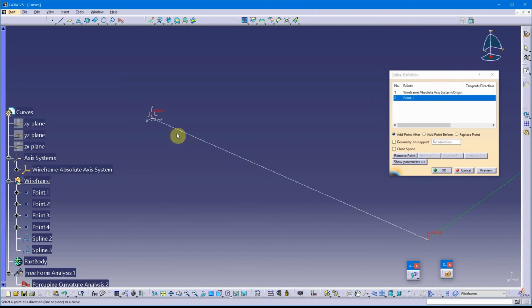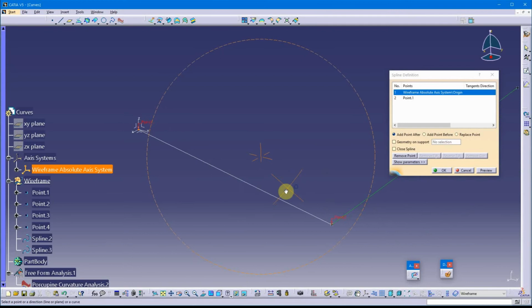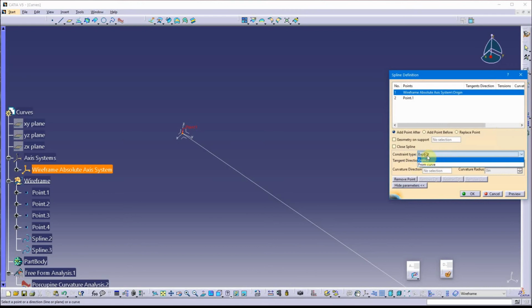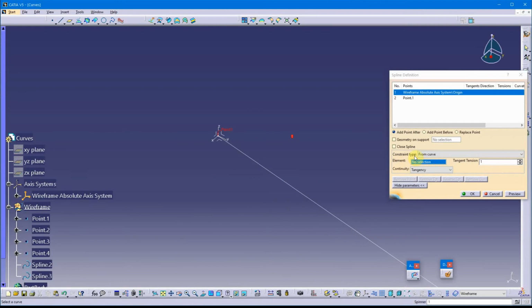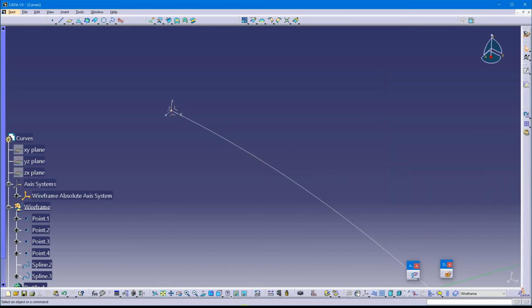So I want to go to the first point. I'm going to rotate it around so I can see it in 3D a little bit better. So I'm going to go to parameters. You can try from curve, and you can pick this axis system. So notice I'm doing from curve. I can come into my element, can be the y-axis. Okay, so when I did that,